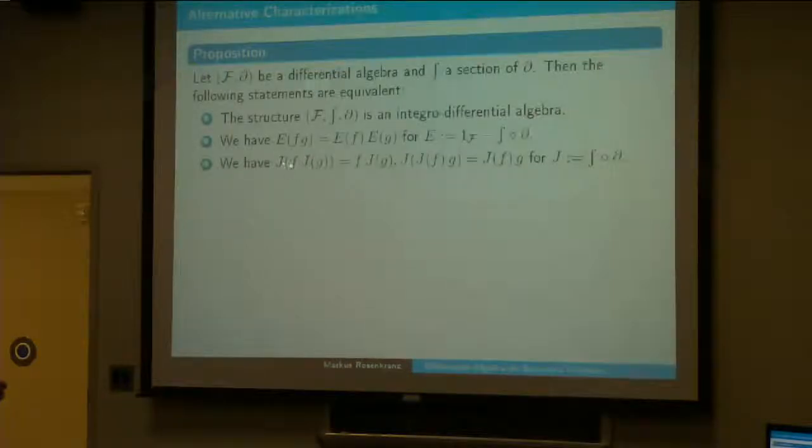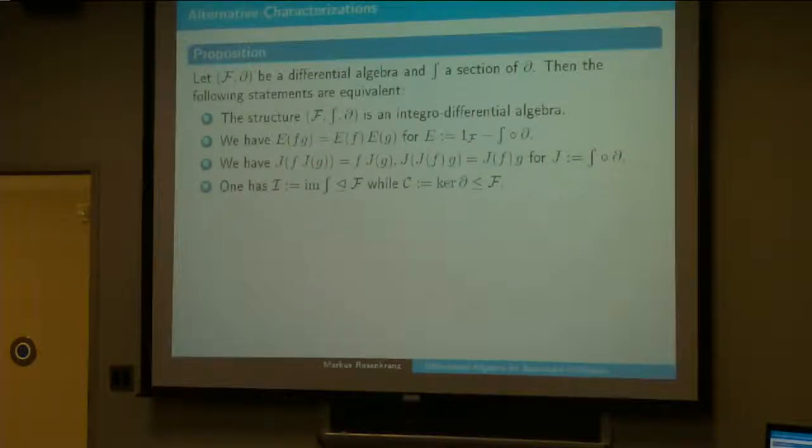If you look at the other projector, the J here is the projector resulting from a composition of the Rota-Baxter operator and the derivation. So E is 1 minus J. So J is the other guy, the complementary guy. Then it has this kind of description. It's also a kind of Rota-Baxter type operator, but a different